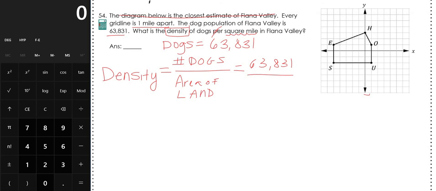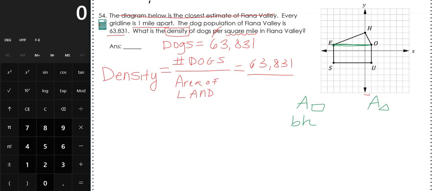Now, looking at this figure, we're going to have to figure out the area. I notice that in this figure, it's not just one figure. What I see when I look at it is two pieces. I see the bottom portion, if I were to divide from E to O, and the bottom portion looks like a rectangle. The top portion looks like a triangle. So to figure out the area of the entire Flana Valley, I'm going to find the area of the rectangle, and then I'm going to find the area of the triangle, and I'm going to add them together. So starting with the rectangle, I need to count to figure out base and height,